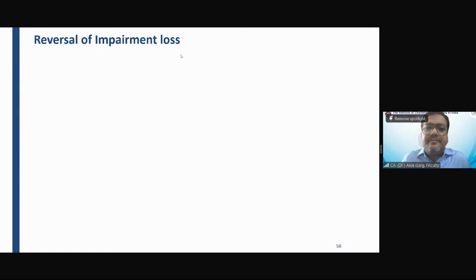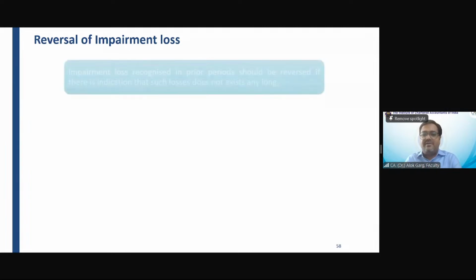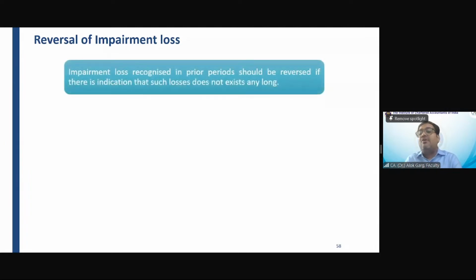Okay. Friends, the standard says that you can reverse your impairment loss, not only in case of revaluation model, rather in cost model as well. If subsequently your recoverable value has increased, you can reverse your impairment loss. But the question is how much impairment loss you can reverse, right? So reversal of impairment loss. Impairment loss recognized in the